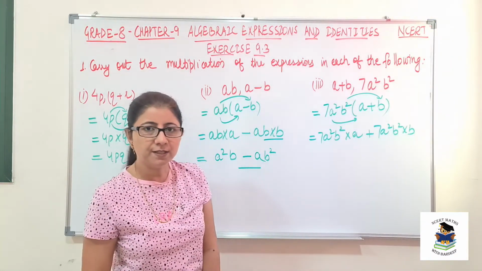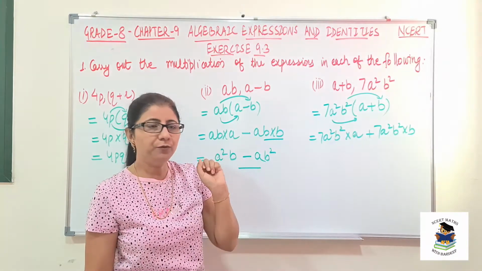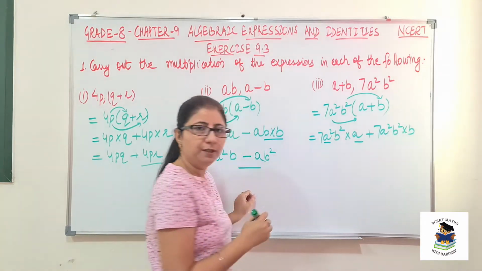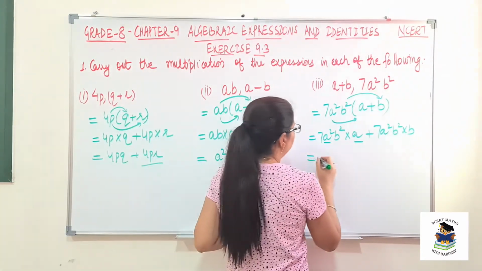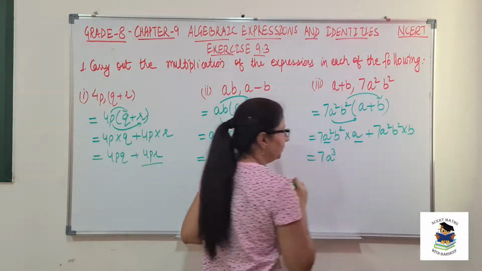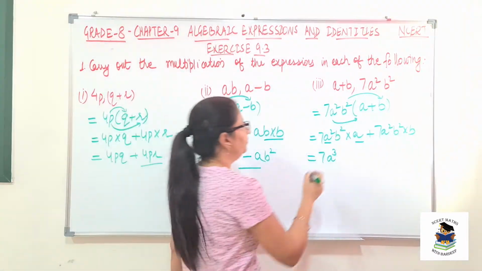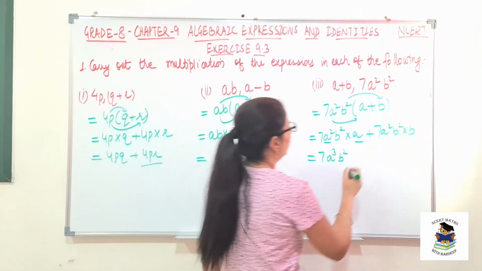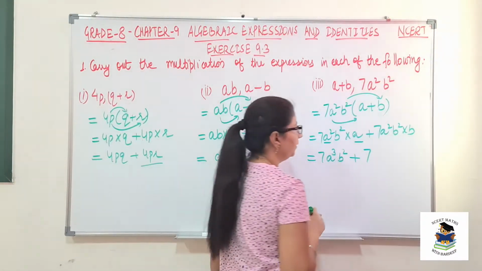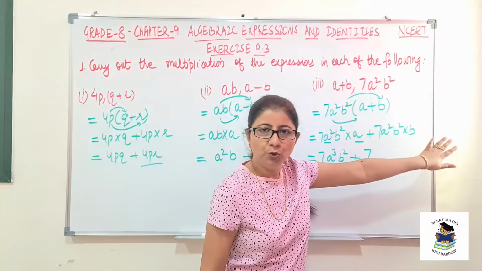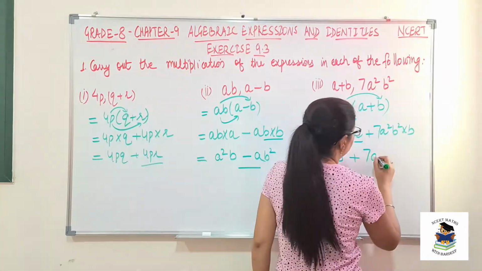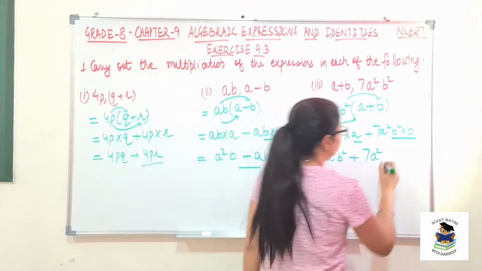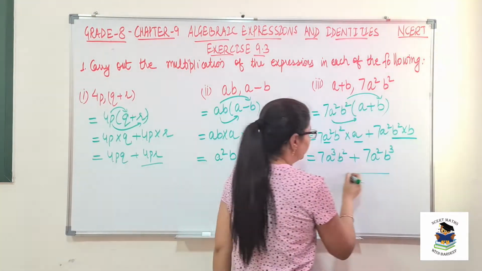So what should be my next step now? Combine the different variables together. So we have a square and a getting multiplied, so a multiplied three times with itself will give me 7a cube. B square has no other b, so it will be kept as it is. Now our plus sign. Again 7 as it is. A square, no other a, so we can write a square. Now b square into b will give me b cube. So this is our third part.